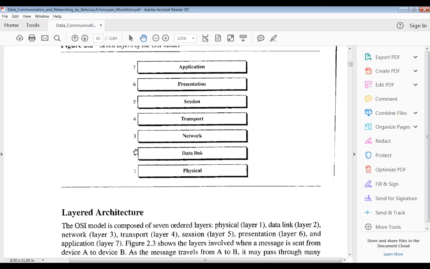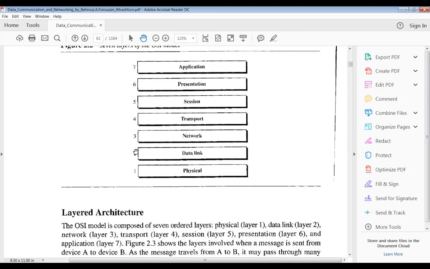As if we are trying to send our data through emails or through letters, in what way we divide all our tasks into layers, in the same way here also, if you want to send any data from the sender node to the destination node, your data will pass through all these layers, and from there it will reach the individual node computer. That is the reason they have divided tasks and responsibilities to each and every layer.